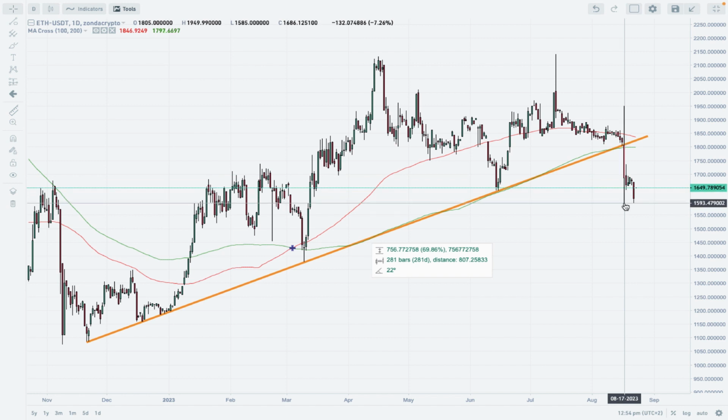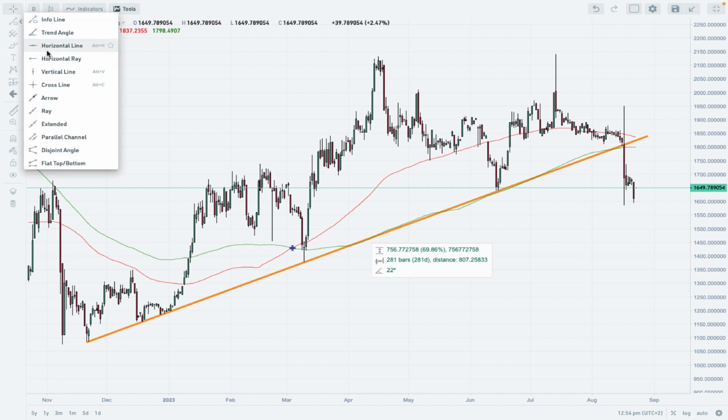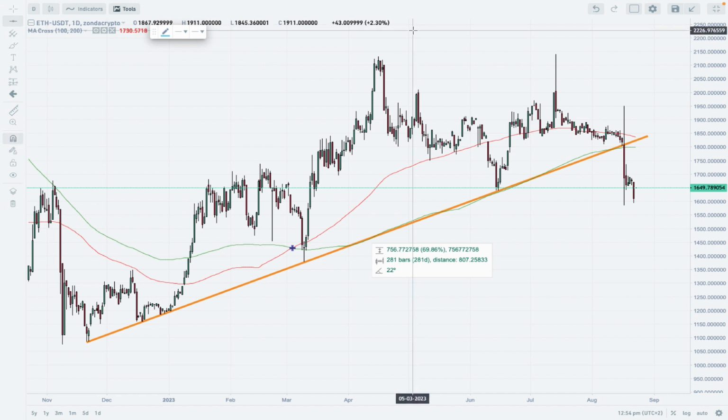This is a daily time frame chart, please remember. Big spike to the downside and a continuation to the downside as well. We are trading below the 200 and 100 moving average. This is a daily time frame chart, so the daily moving average, and we definitely trade below this